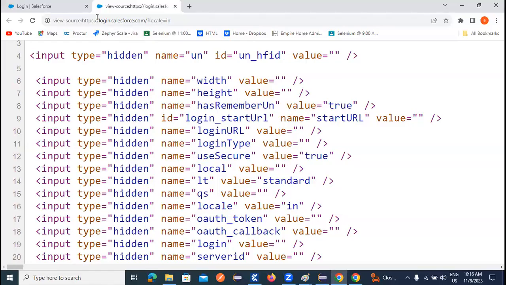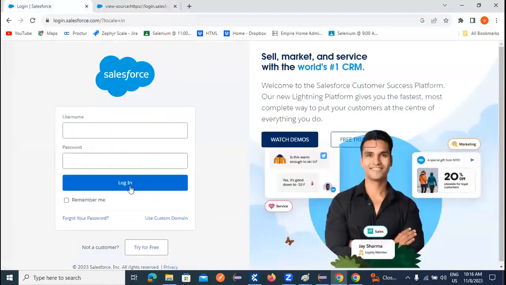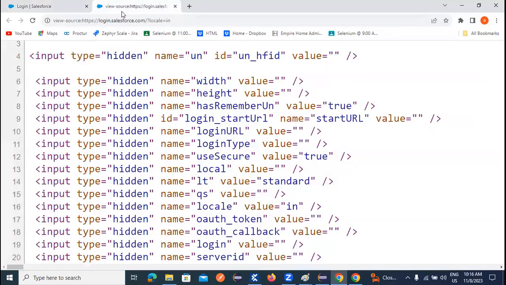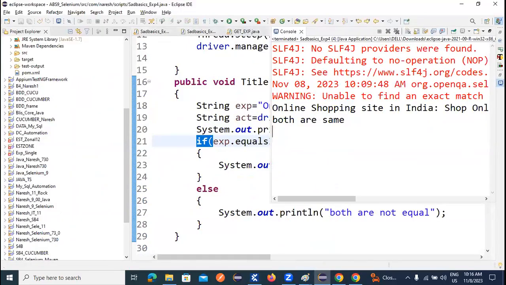Okay. See, this is the page. I want to get the related source code. Not manually, with the code. This source code I will print inside my console. And after that,